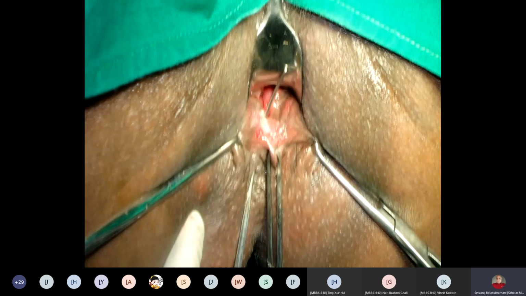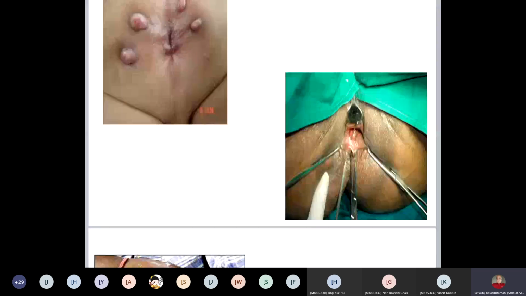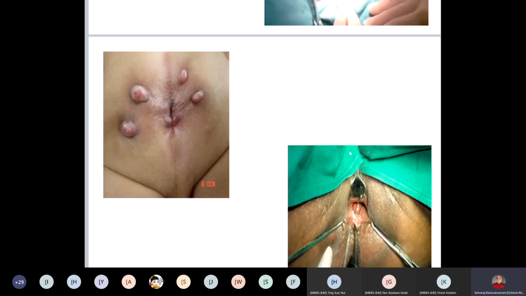They are putting a metal probe, and over that skin you have to incise. This is called fistulotomy. This fistula may be a single fistula, very easy to treat. If it is multiple fistula, then you have to think of two conditions. The cause may be either Crohn's disease or tuberculosis. If it is tuberculosis, you have to give anti-tuberculous treatment, otherwise it won't heal. If it is Crohn's also, you have to treat the Crohn's disease, not just fistulotomy alone.